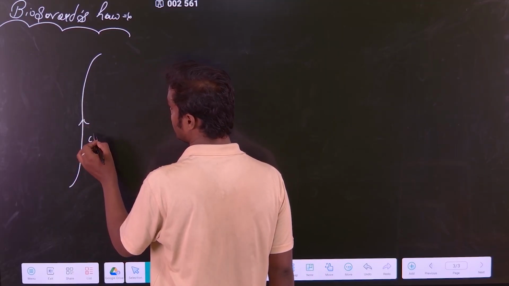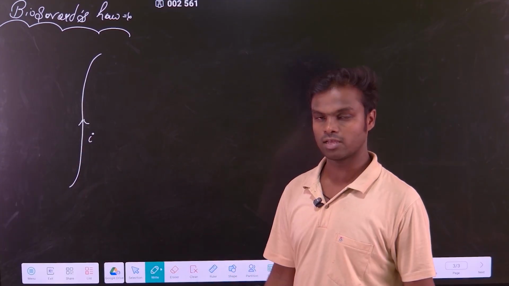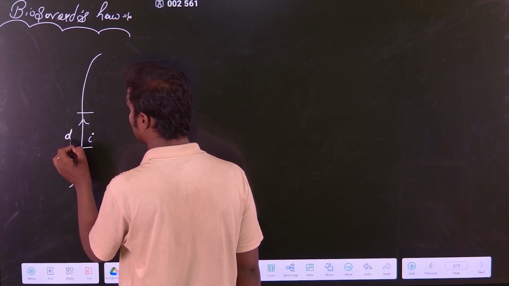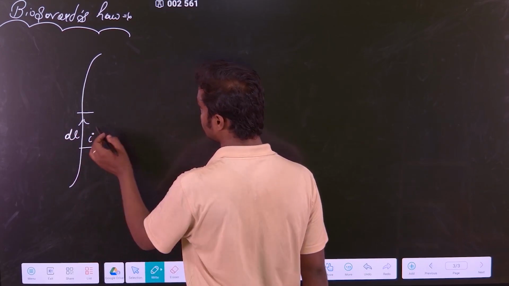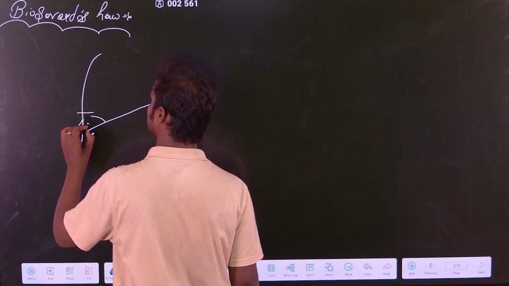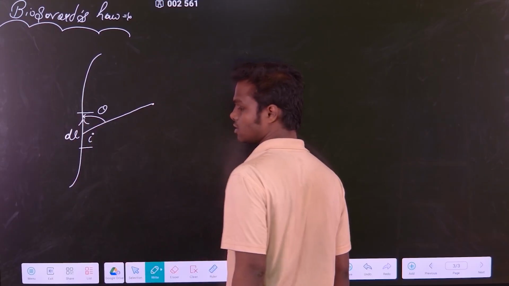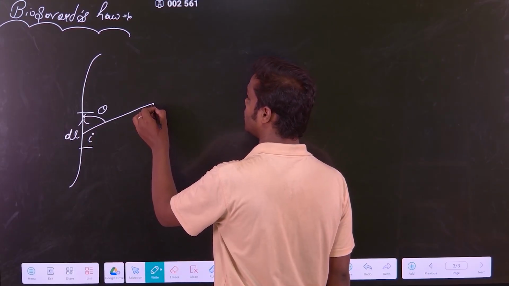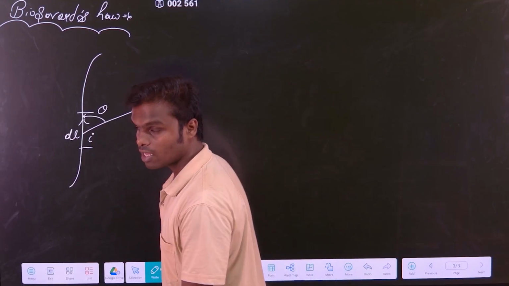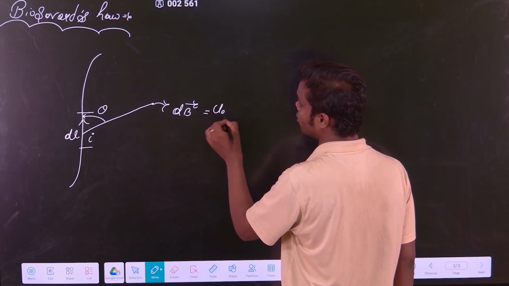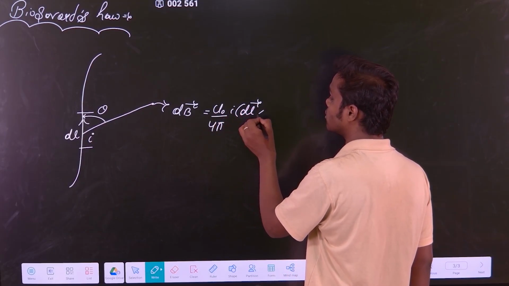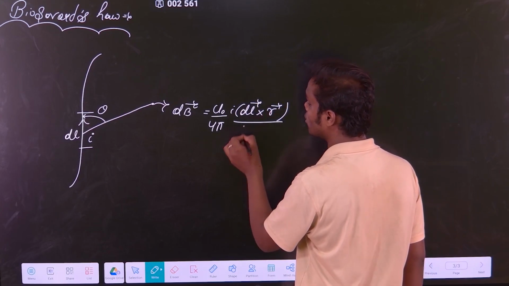What they have said is, if there is any current carrying wire or current carrying conductor, anything, and you take a small length of it, that is dl, and you want to find the magnetic field at this point, and suppose it makes an angle theta, then the magnetic field vector at this point is defined by the formula: B = mu naught upon 4 pi into I dl vector cross r vector